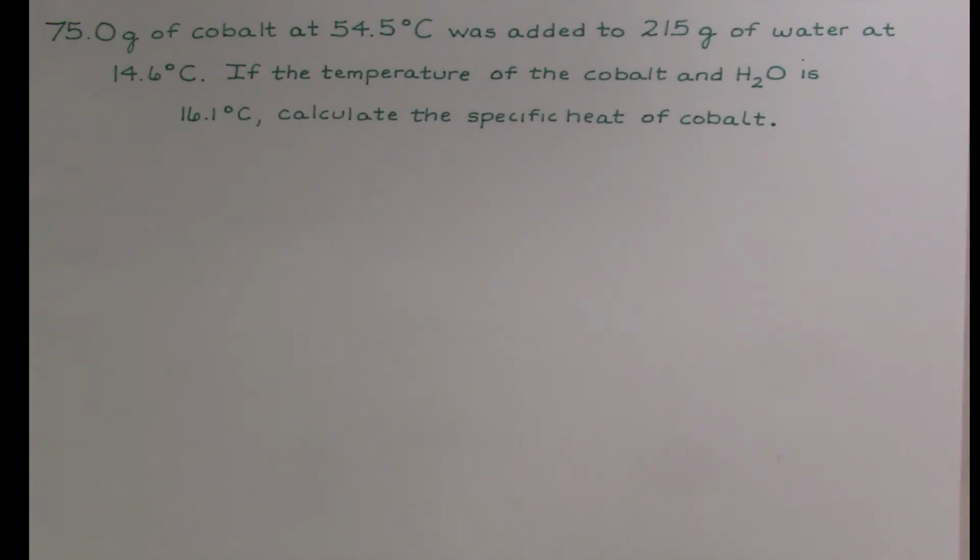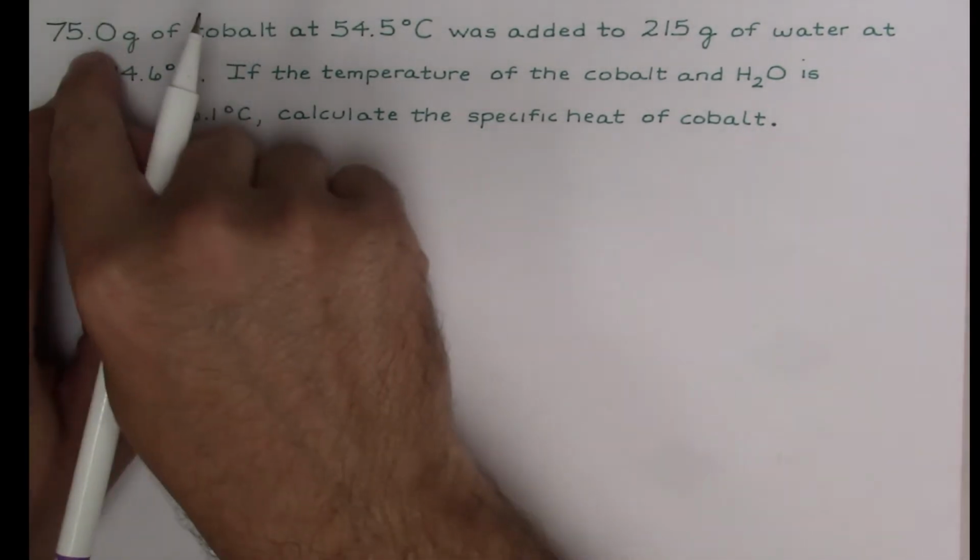For this week's video, we will be talking about calorimetry. We will be doing two problems. The first problem says 75 grams of cobalt at 54.5 degrees C is added to 215 grams of water at 14.6 degrees C. If the temperature of the cobalt and water reaches 16.1 degrees C, what is the specific heat